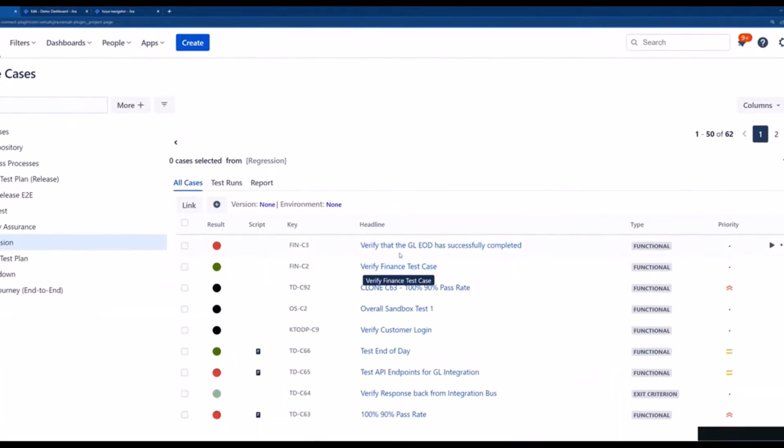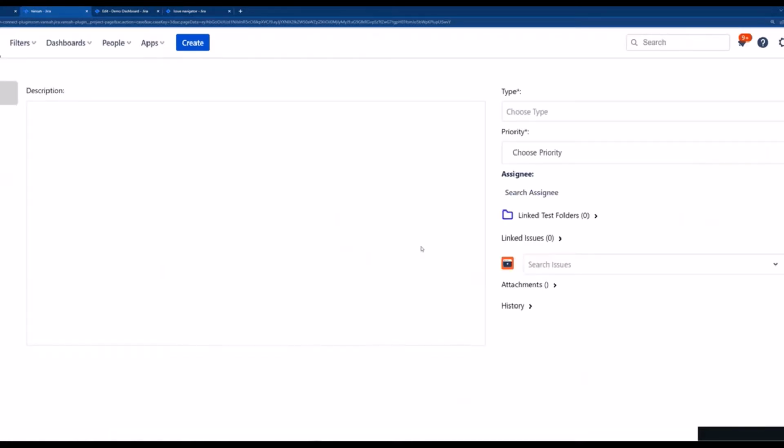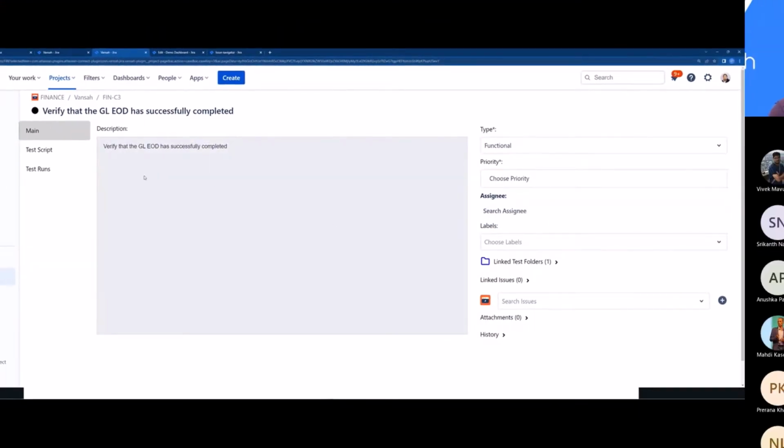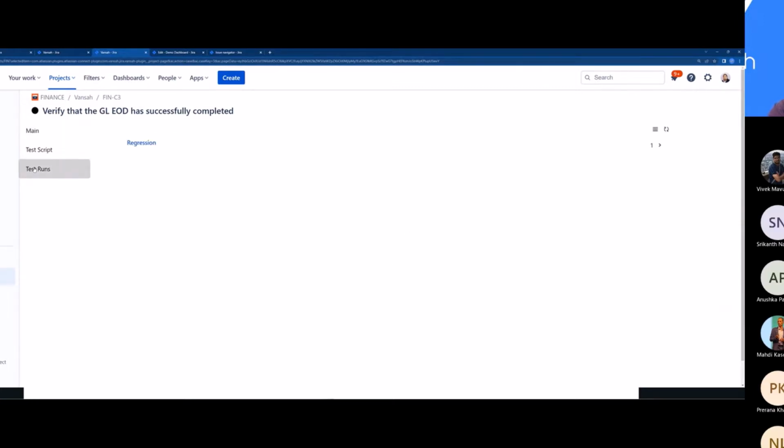Now, if we open up this particular test case, this will open up the test case in its origin project. Because we've created it from team demo, as you can see, it's opened up the test case in its rightful place in finance. But if I go to the test runs menu in here, you can see, if I just quickly refresh that,